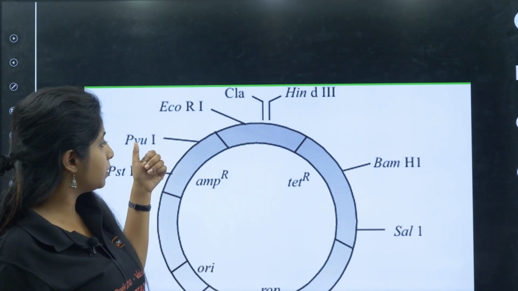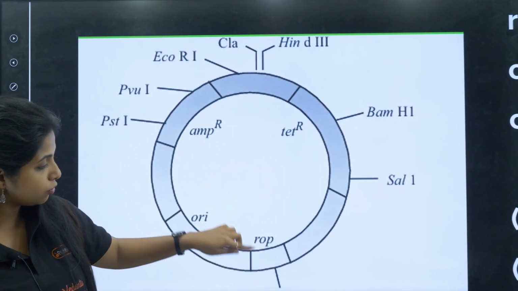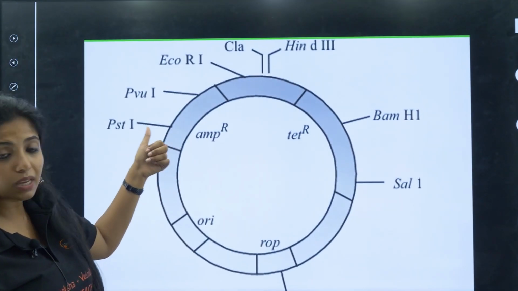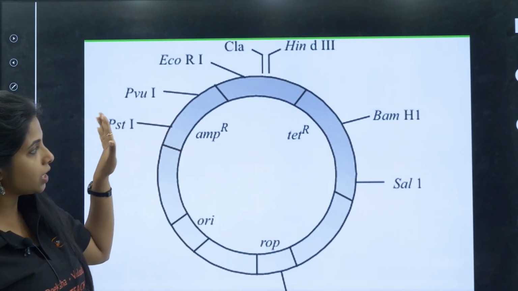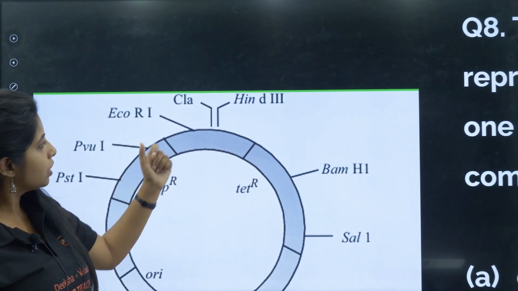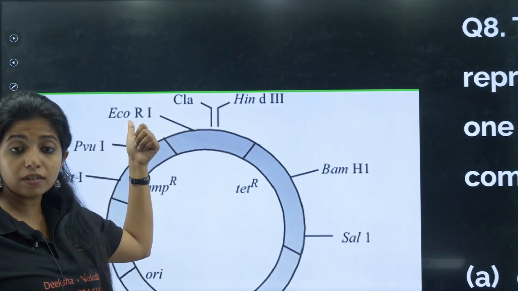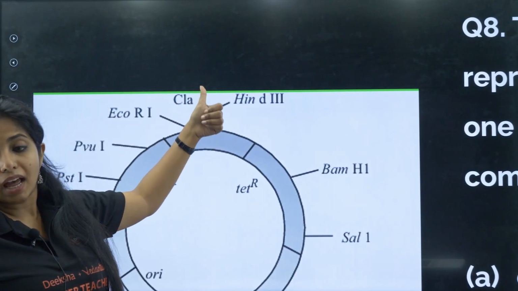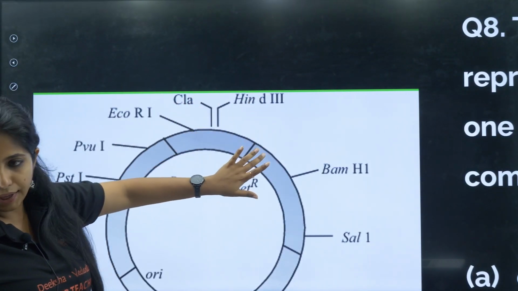Now going ahead, you have PvuI, here you had PvuII, right? So there's PvuI and PstI, both of them have the recognition site over here. In between both of these, you have three enzyme recognition sites: EcoRI, ClaI and basically HindIII. Okay, now